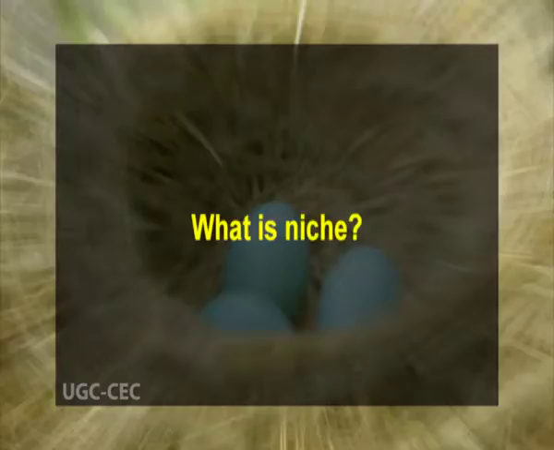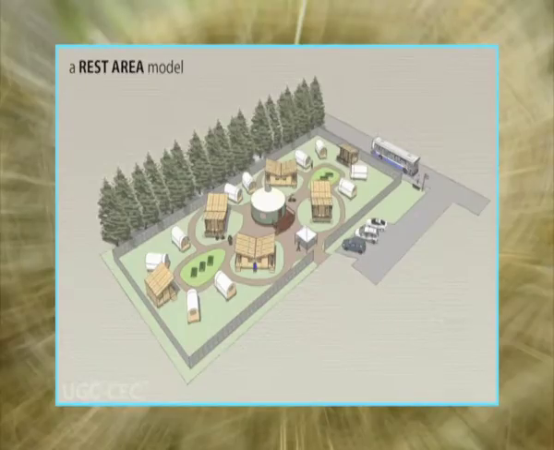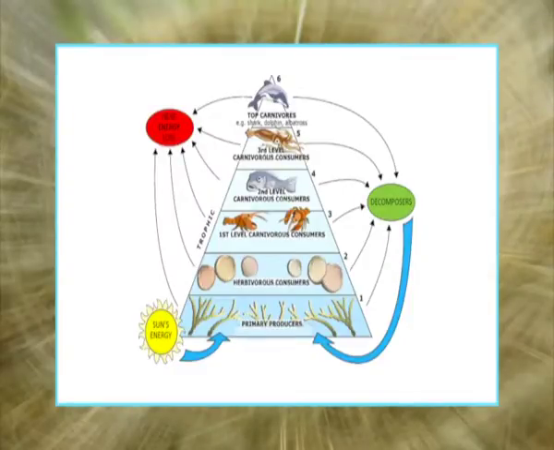Now, let us first discuss what is niche. The word niche is derived from a French word meaning nest. The term niche means more than just the address of a particular organism, the position it occupies within the community, the various interrelationships it has with other organisms around it, the role it plays in the operation of the community